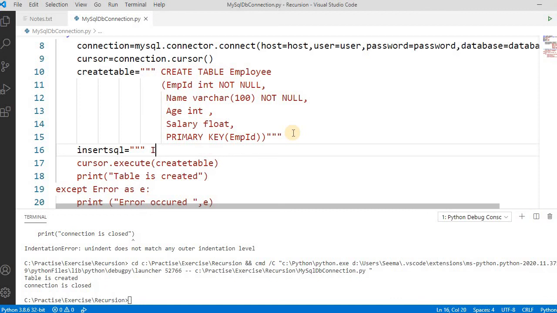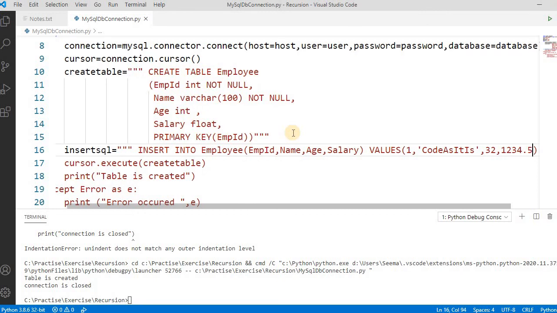So let's say INSERT INTO table name, then column names like employee ID, name, age, salary. We pass the values, let's say employee ID is 1, name is code as it is, age maybe 32, salary maybe 1234.5.